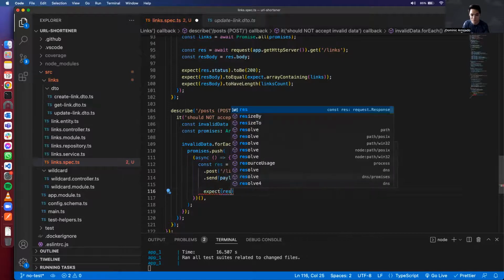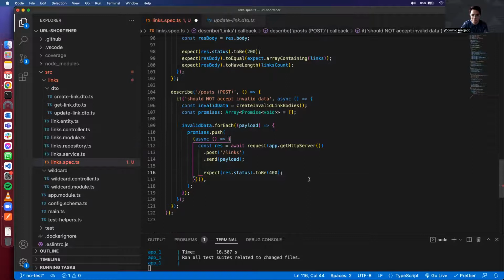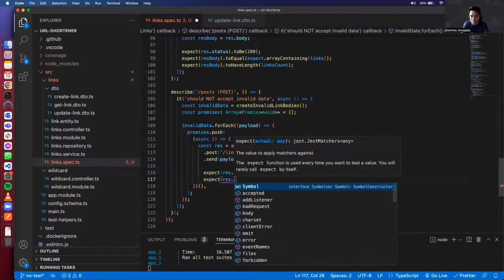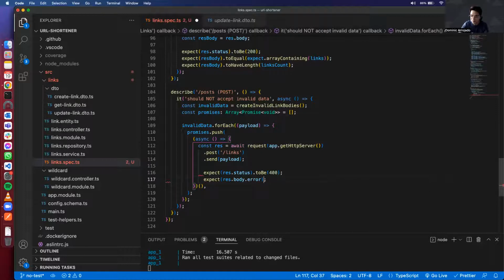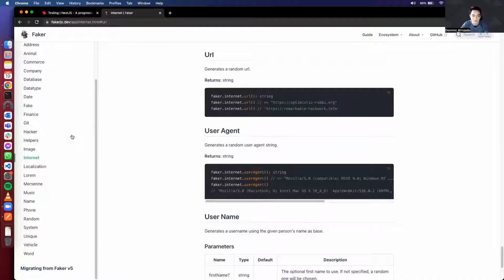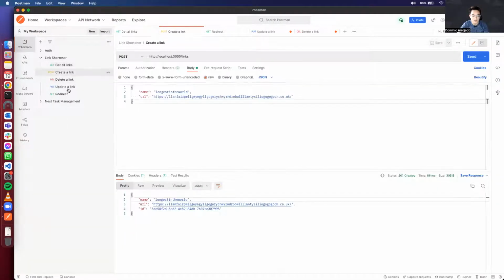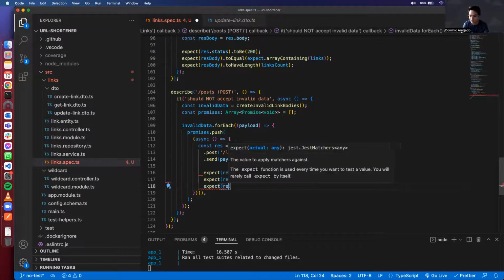We expect this response status to be 100 because it's invalid. The data that we have passed is invalid. And we expect the body to be bad request. You remember when we create a link with an empty array, you will get an error message saying it's a bad request. And also remember there's an array of